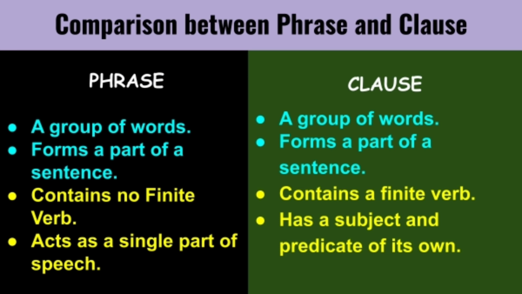ফ্রেজ এবং ক্লজের মধ্যে যে দুটি বিষয়ে মিল আছে সেগুলি হলো এরা দুজনেই একগুচ্ছ শব্দ এবং এরা সেন্টেন্সের একটি অংশ, কিন্তু এদের মধ্যে ডিফারেন্স যেটা হলো ফ্রেজের কোনো ফাইনাইট ভার্ব নেই, কিন্তু ক্লজের ফাইনাইট ভার্ব আছে। ফ্রেজ একটি মাত্র পার্ট অফ স্পিচ অর্থাৎ একটি মাত্র পদ হিসাবে কাজ করে, কিন্তু